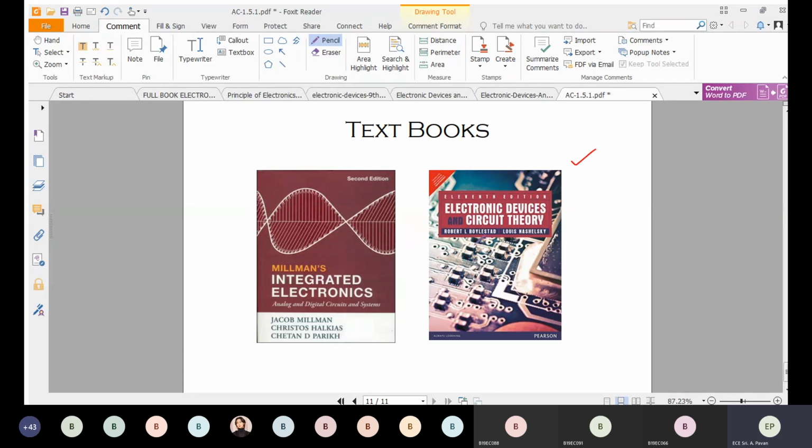Don't beg others to write the assignments. Refer to these textbooks for writing the assignments. No other thing is required. All the assignment questions are very simple. One mark and two marks mean one line or two lines, or some basic questions. There is no twist in the assignments, and no problems in the last two assignments. If there is a problem, we solve it in the class itself. Is there anything else?